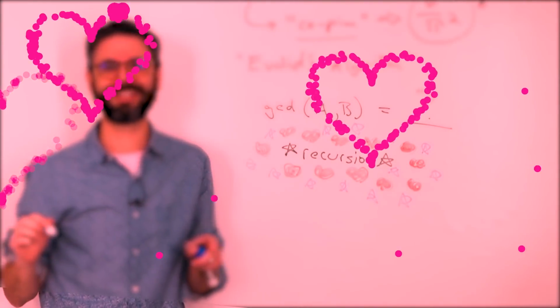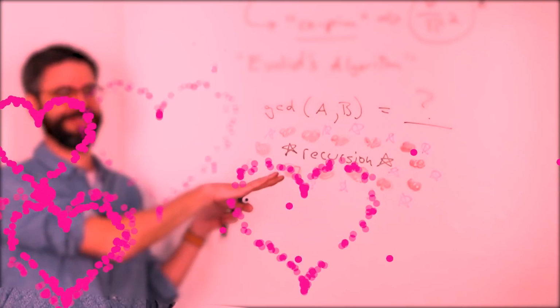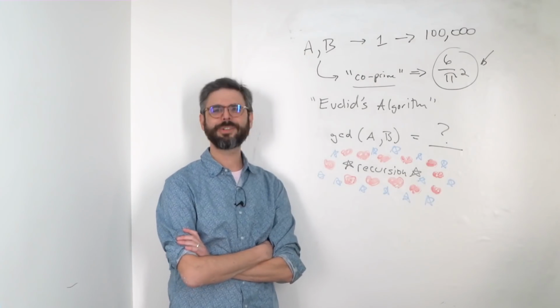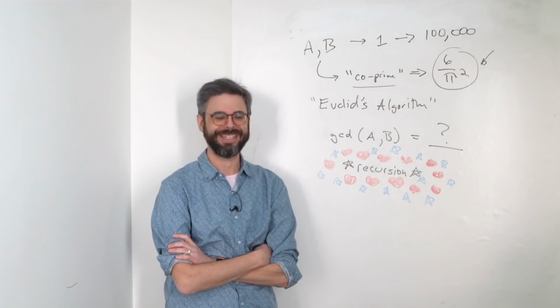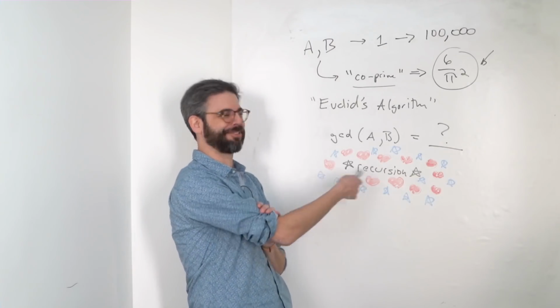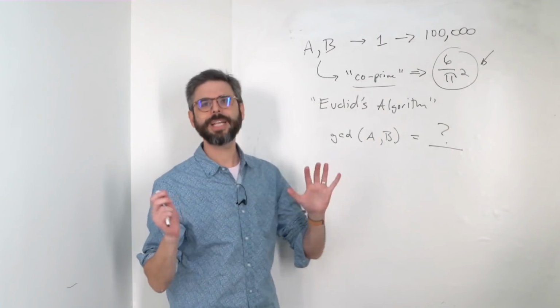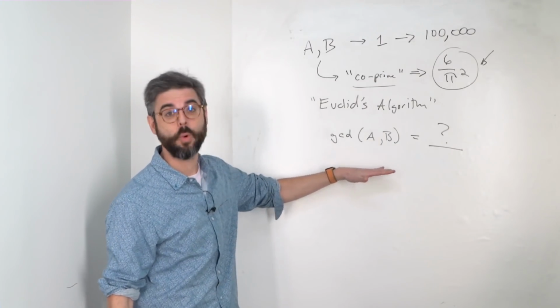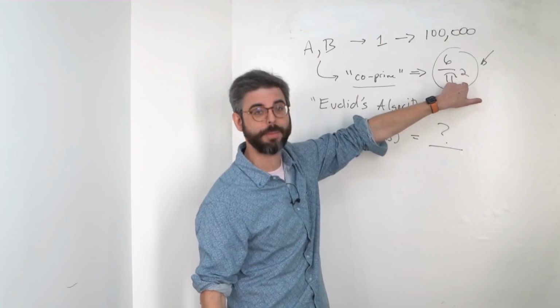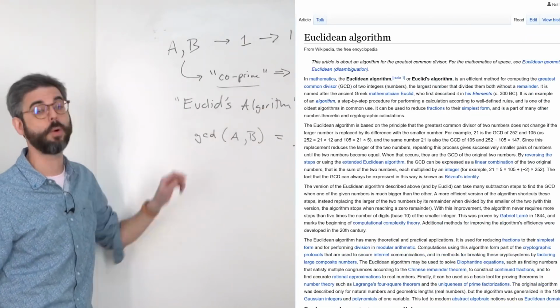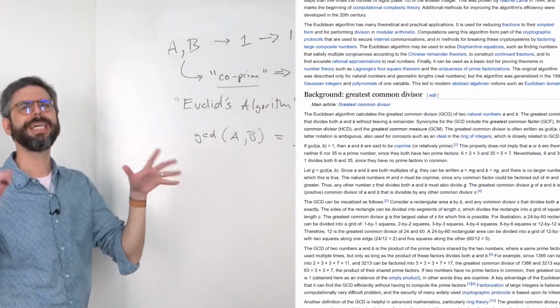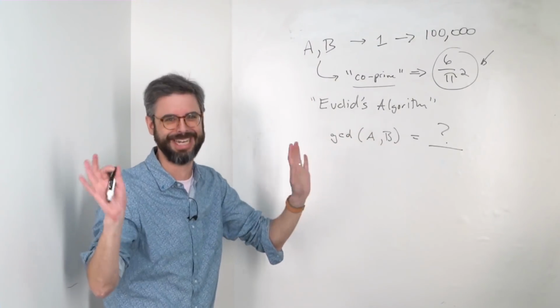I can't wait to look at the YouTube retention stats of this part of the video. Unfortunately, something terrible has happened. I have to erase this so I can have some room to explain the algorithm. I'll provide links in the description where you can read up more on both the derivation of this probability as well as Euclid's algorithm or the Euclidean algorithm, but I'm going to try to describe it to you in my own words here in this video.